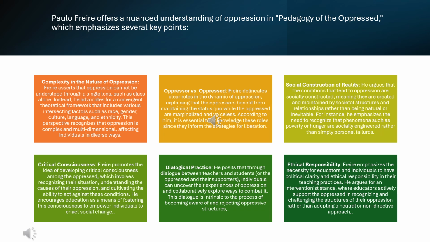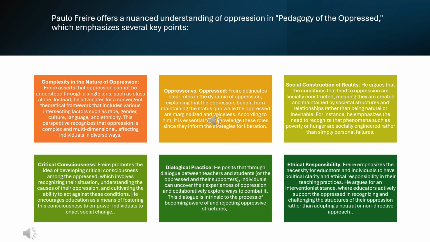So there's lots of things that you can consider, and he's mentioned a few of them here, a few of the personal characteristics, which are very important to take heed of when you meet your classroom and teach. So if we move on to oppressor versus oppressed, Freire talks about there's a really